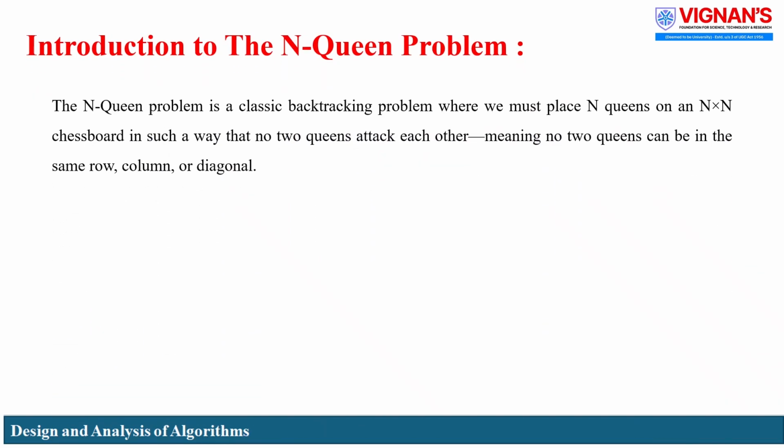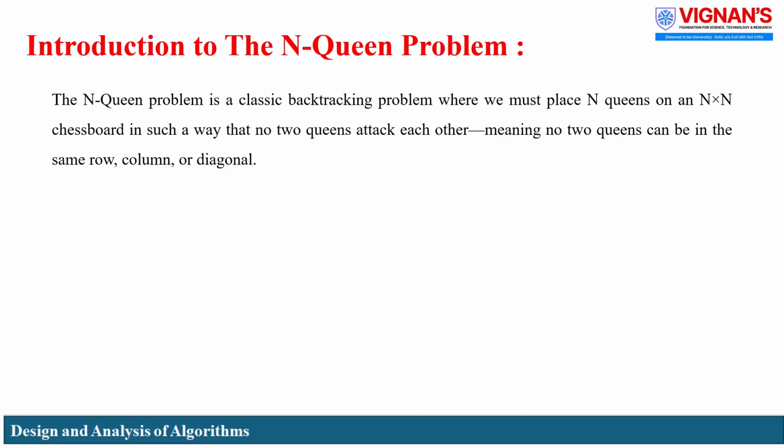The N-Queen problem is a classic backtracking puzzle where we try to place N queens on an N by N chessboard so that none of them attack each other. This means no two queens can be in the same row, column, or diagonal. This problem is widely studied because it teaches us how to think about constraints and how to search for solutions